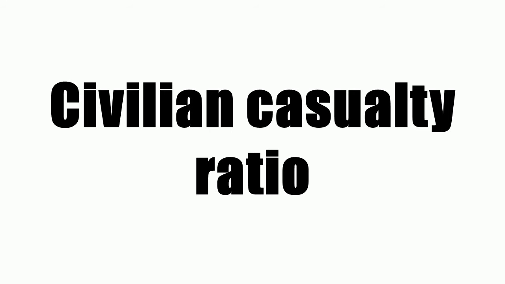World War I. Some 9 to 10 million combatants on both sides are estimated to have died during World War I, along with an estimated 6.6 million civilians. The civilian casualty ratio in World War I is therefore approximately 2 to 3, or 40%. Most of the civilian fatalities were due to famine or Spanish flu rather than military action.